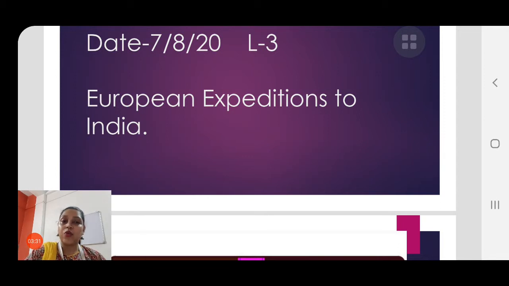And who are those? We'll study, but most of them, as you all know, are the British, who came from England, from Great Britain. They came from there and they established a British kingdom in India. And how did they establish it, what happened, and so many things are there. How did India get freedom? Everything is there. So we'll study in this chapter.